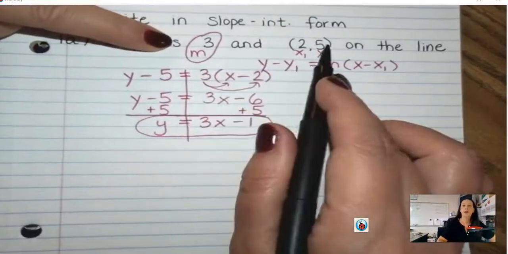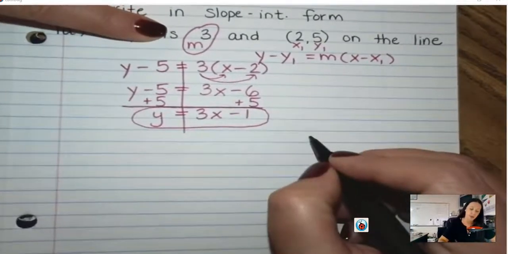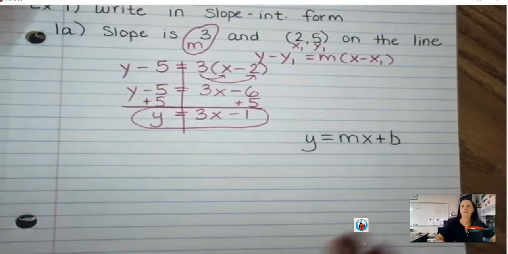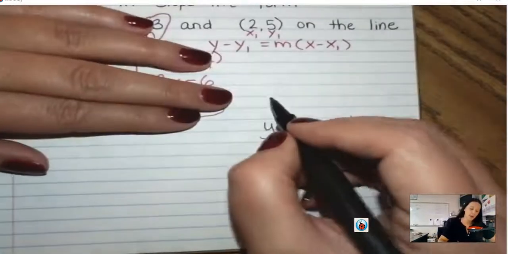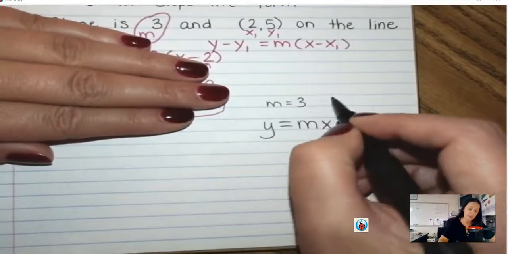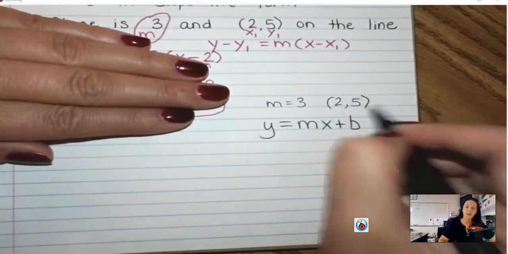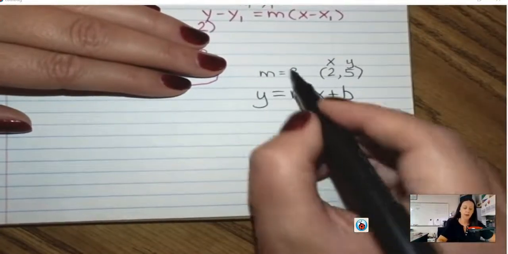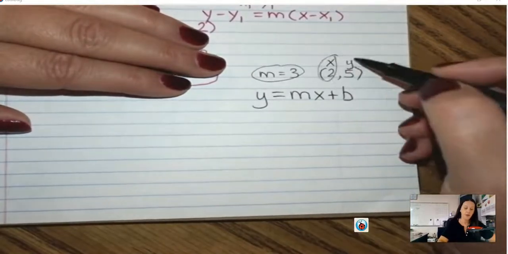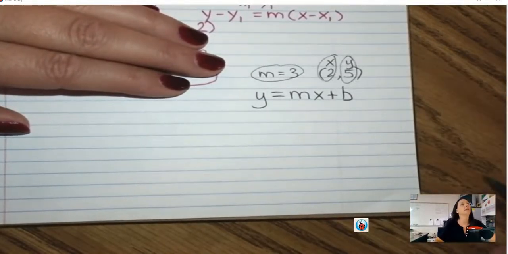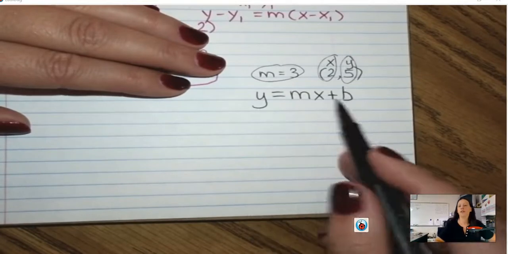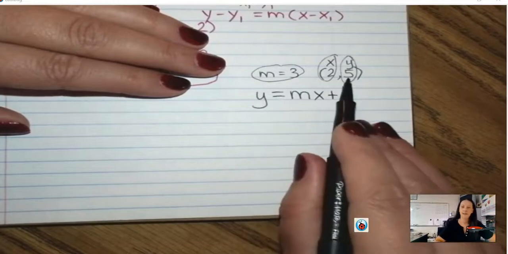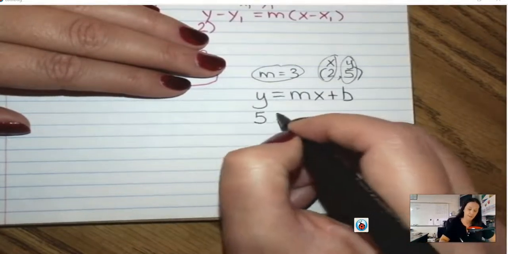If I know the slope and I know a point, I could also use slope-intercept form. So y equals mx plus b. I know that m, the slope, is 3, and then I have that point (2, 5). So this is an x and this is a y. Right now I know my m value, I know a value for x, and I know a value for y. I can plug them into this equation and solve for b to figure out what the y-intercept is. So y is the number 5, equals